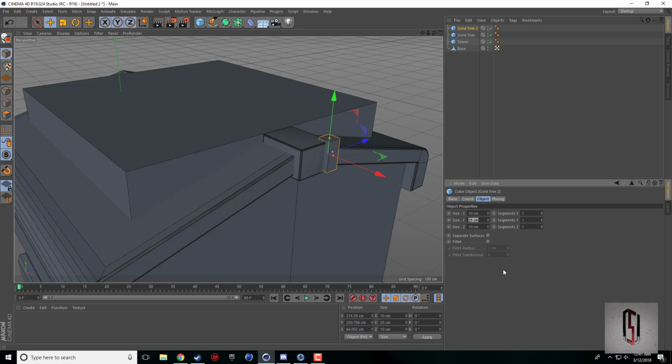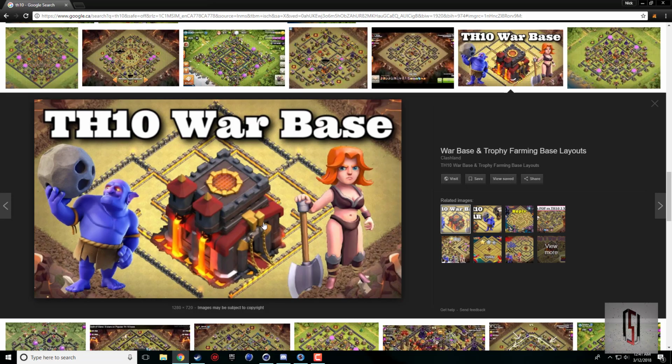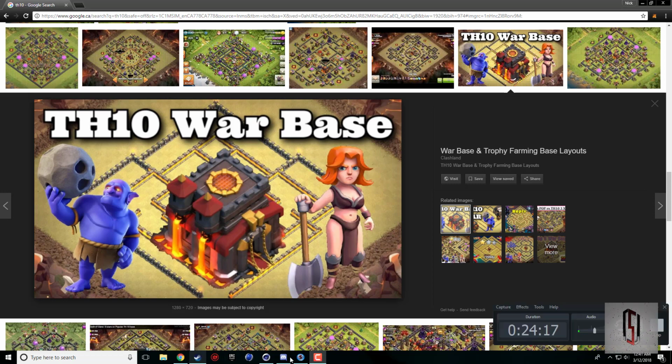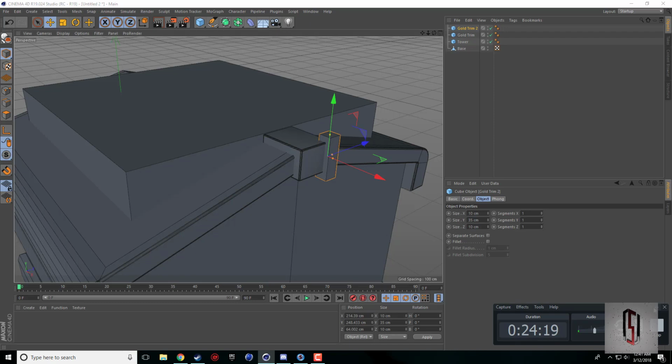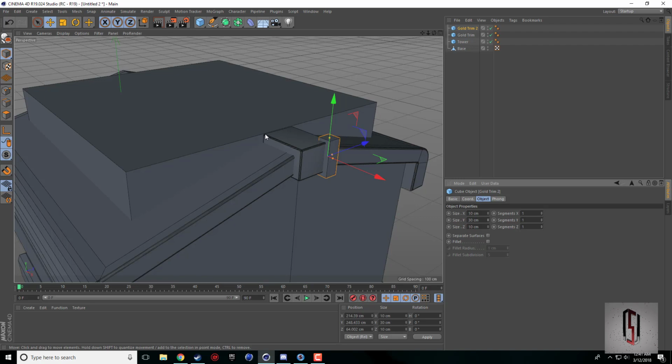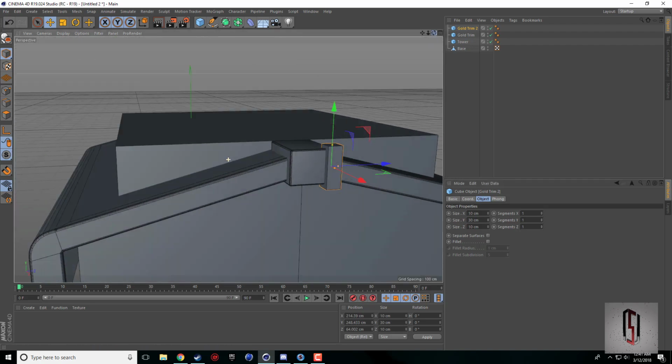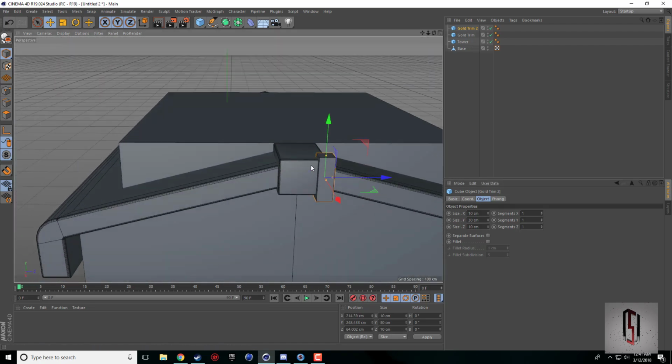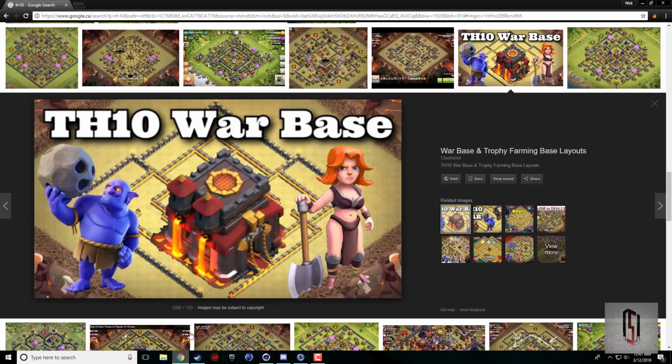It needs to be taller. Let's go about 35 because it has to go past on the top and past on the bottom. 35 might be a little extreme actually, so let's just lower this down to about 30. There we go. So we got our one little corner piece here, and if you come here, you notice they kind of get bigger